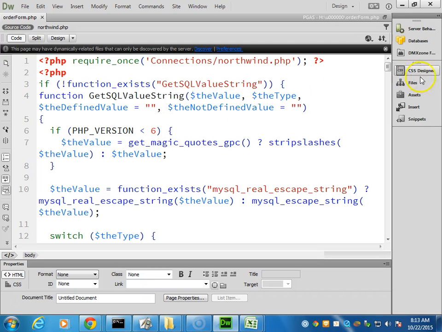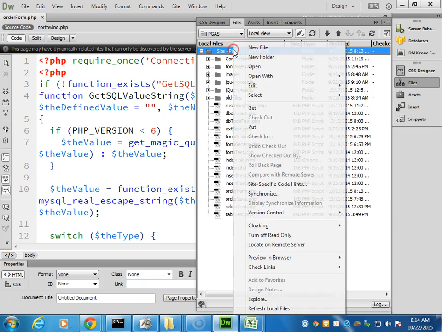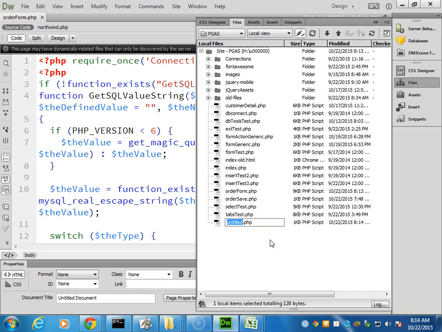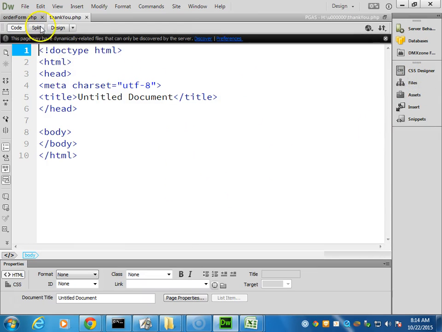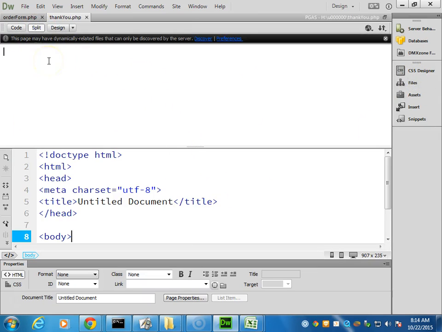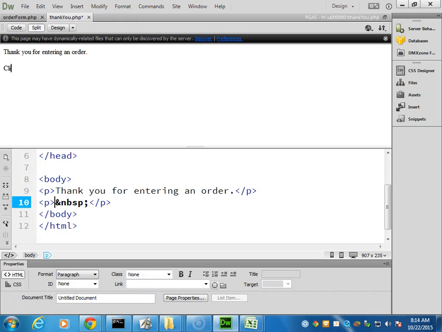And then the last thing we need to do is go into our files and create a new file. We called it thankyou.php. Let's edit it. This is going to be a pretty simple page. We're just going to do a simple message, thank you for entering an order, and then we'll give them the ability to go back to the form page. Click here to enter